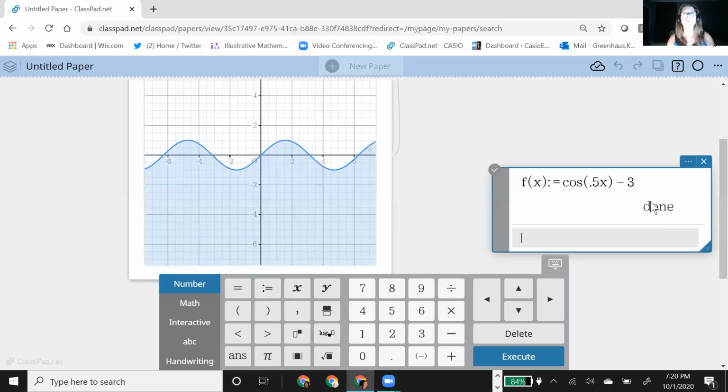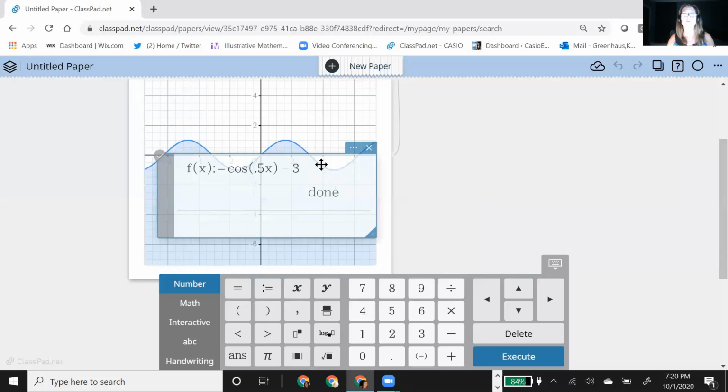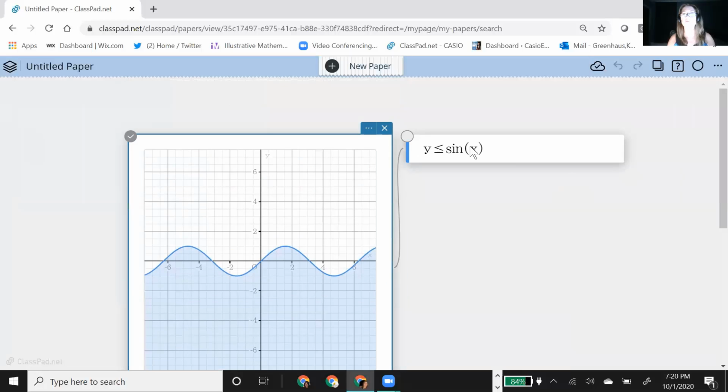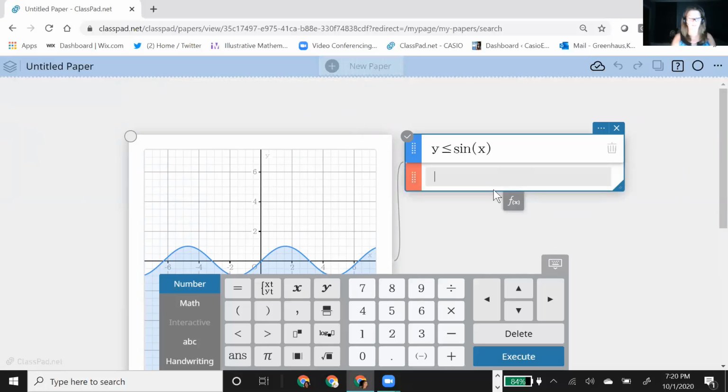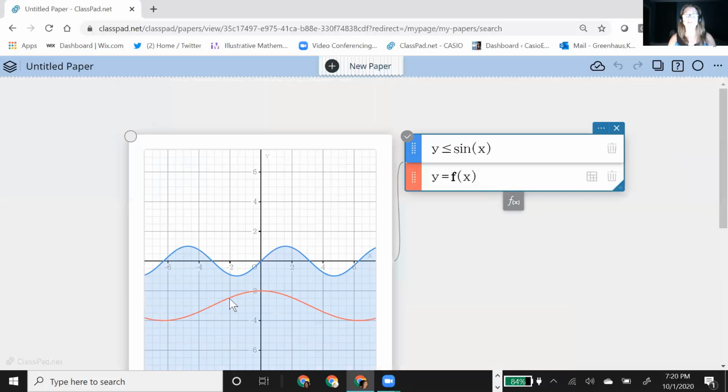Yay. So now that's defined, and I'm just going to put that under my graph because I don't really need it anymore. Because now what I'm going to do is graph that function just for the moment. So I want y equal my f of x. And so this now is going to be the path I want my fish to be moving on. So I want to see it now until I get my fish on there.